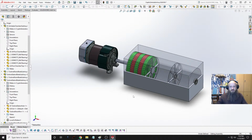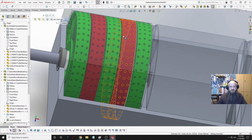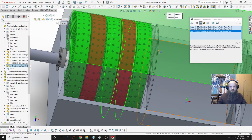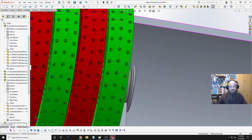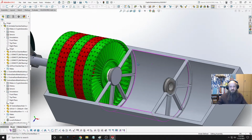Yeah, I am going to have to do that. So I think what that means then is I'm going to have to get some dimensions here. Alright, from here to here, I think it is 1.5 inches. Is that right? 1.25 inches. Let me turn this off for a second. And let me get this dimension. Actually, no, I need...